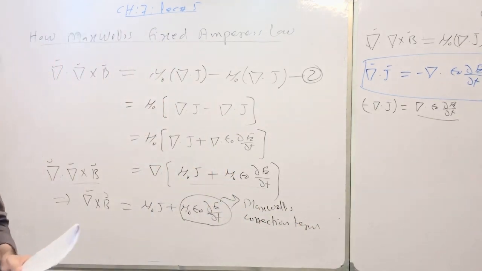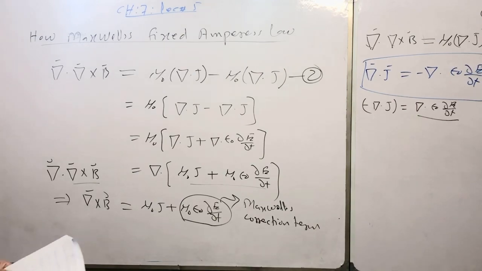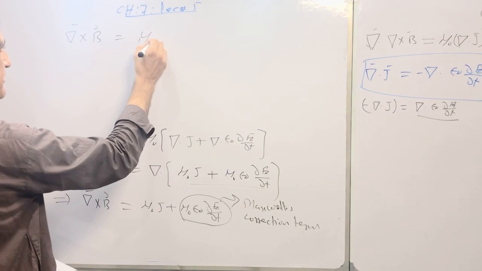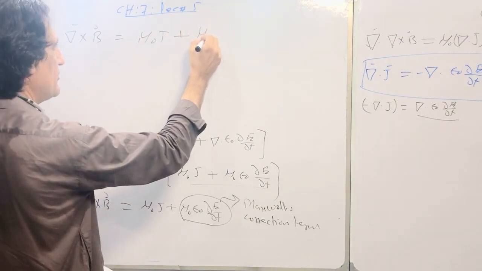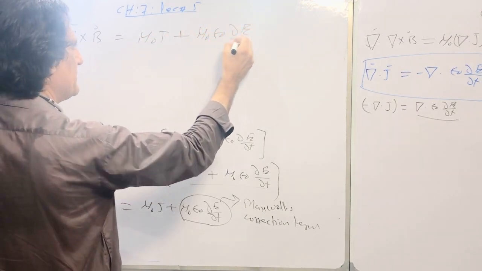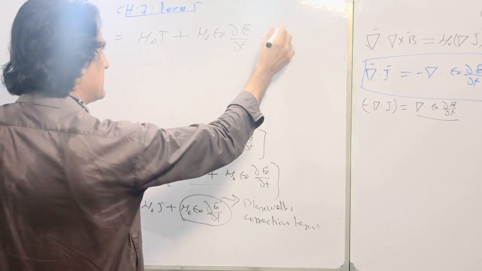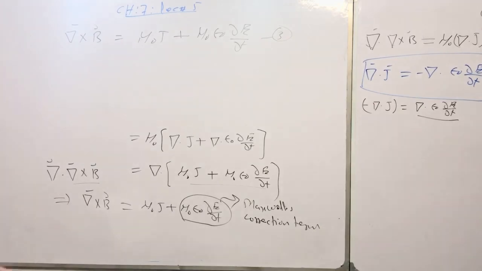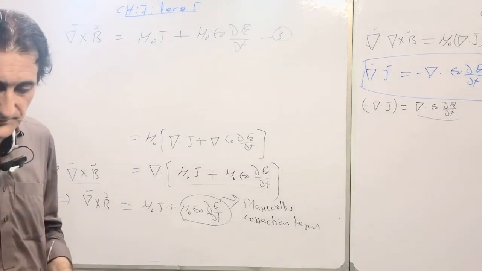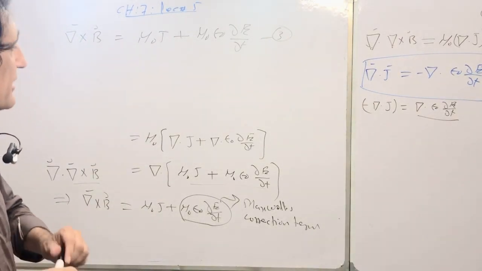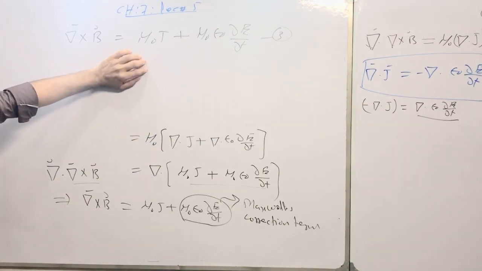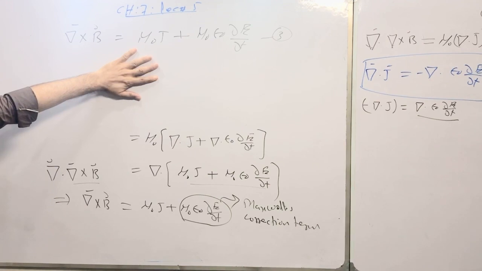This is called the Maxwell's correction term. Del cross B is equal to mu naught J plus mu naught epsilon naught partial E divided by partial T. And let's see, this is equation number 3. Now this is the corrected equation, and this corrected equation is also valid for